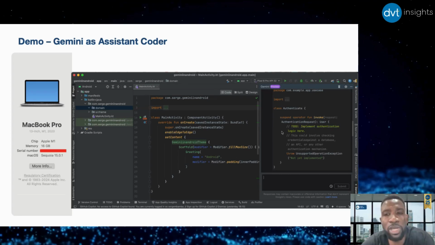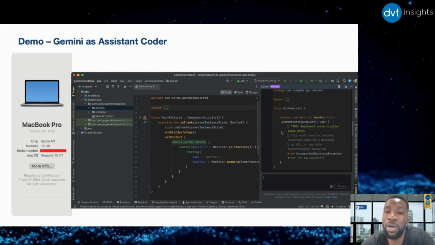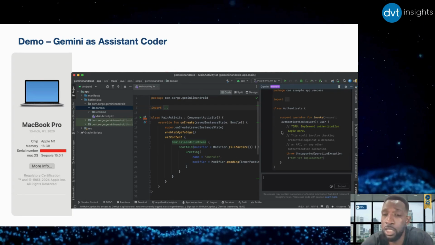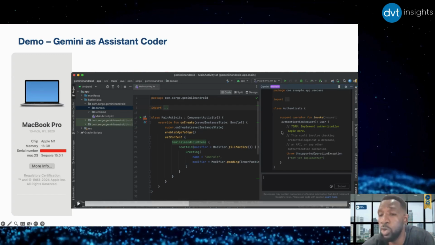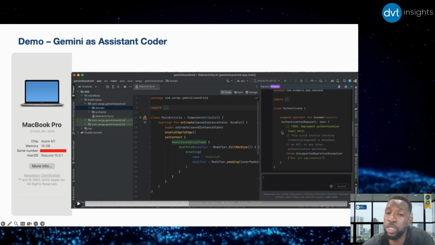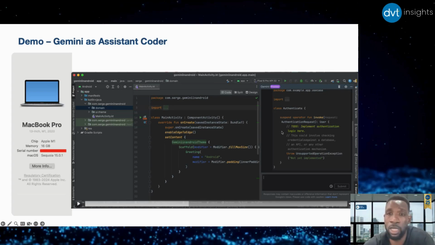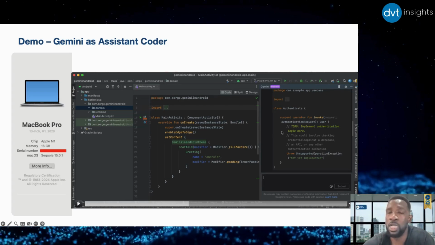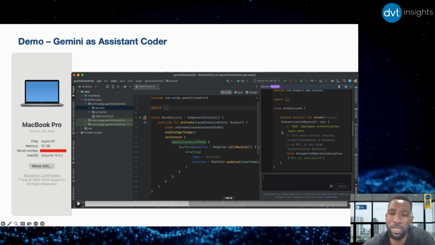Now, the invoke method in Kotlin specifically takes this even further by allowing you to treat objects as functions. In other words, the use case object of this type can be called as a method. In this way, the generated code is not only serving as a reminder for best code practices, but also even for clean architecture. So this is the power of something like Gemini over the code completion, which is very much limited.